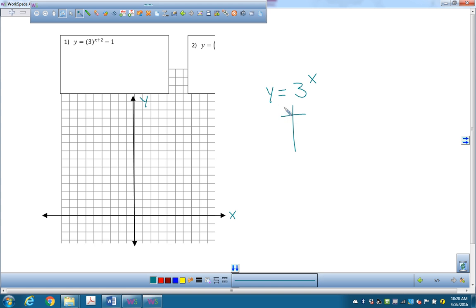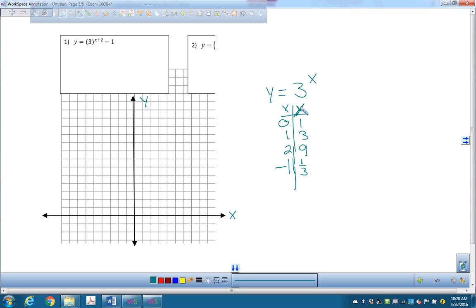Okay? When x is 0, what's y? What's 3 to the 0? 1. When x is 1, what's y? 3. When x is 2, what's y? 9. Let's do 1 on the opposite side. When x is negative 1, what's y? 3 to the negative 1 is 1 over